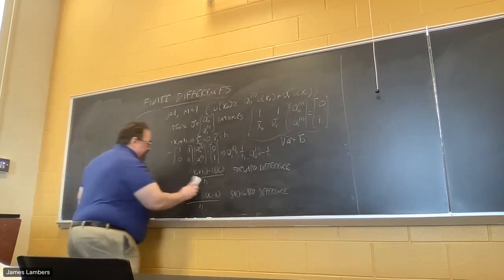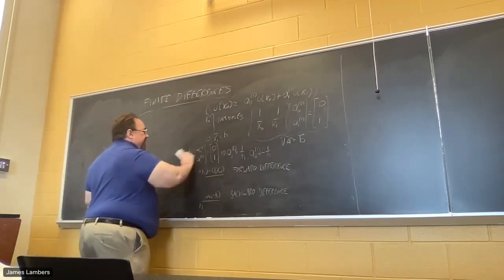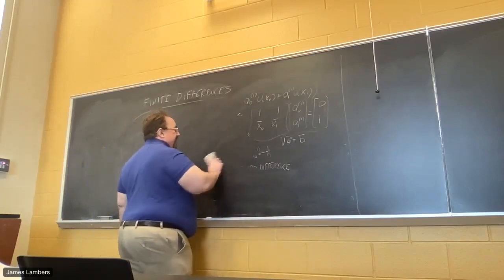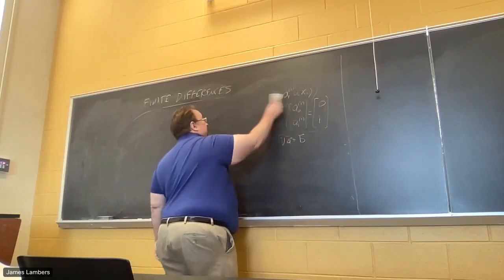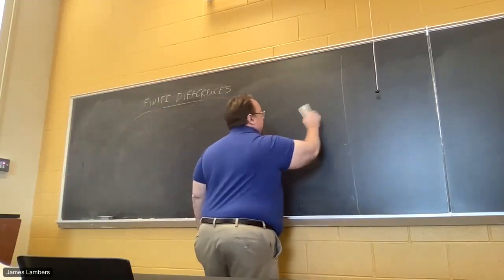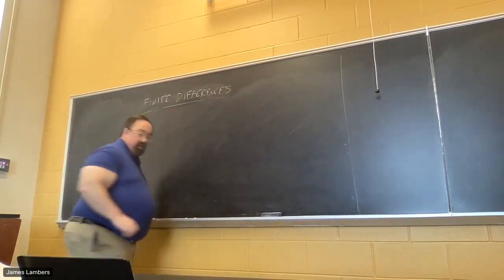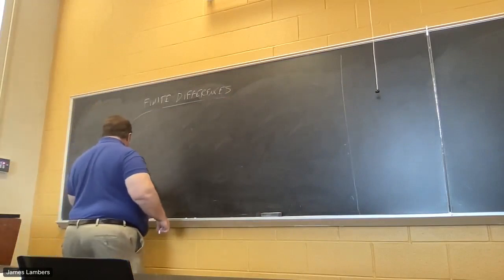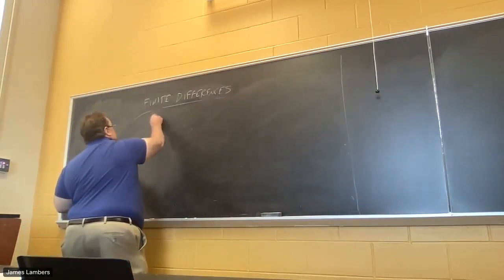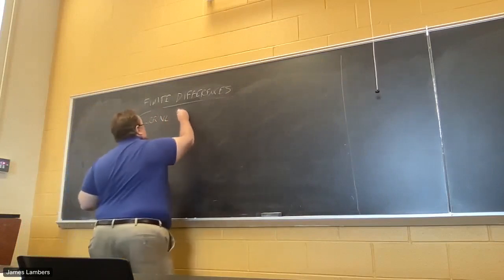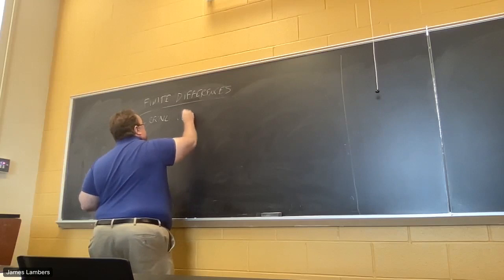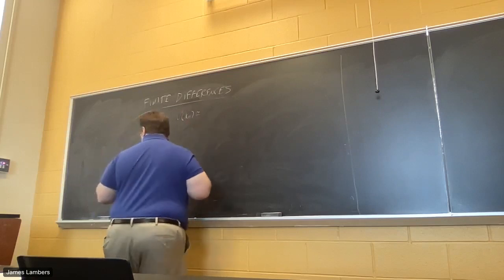And I'll show you for forward difference. And it turns out that the error will be the same for backward difference, except the opposite sign, because you're replacing h with minus h. So earlier, I had written that my, I'll specialize to the first derivative, u prime of x naught is approximately